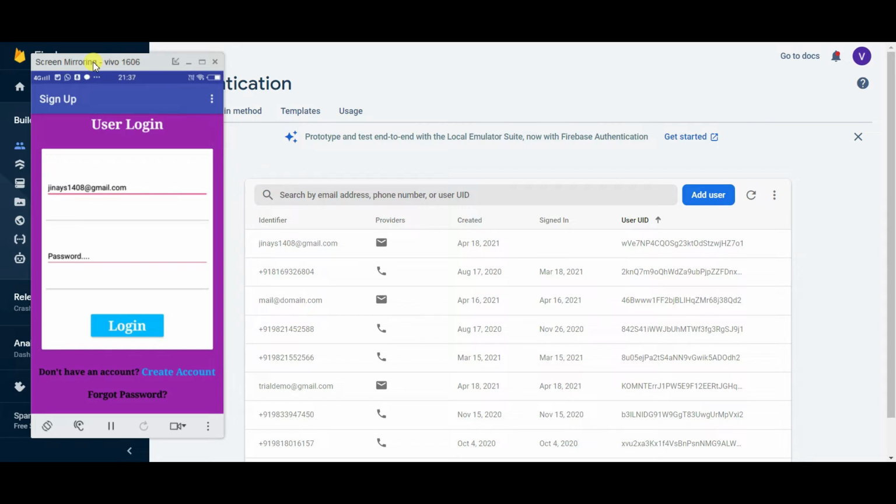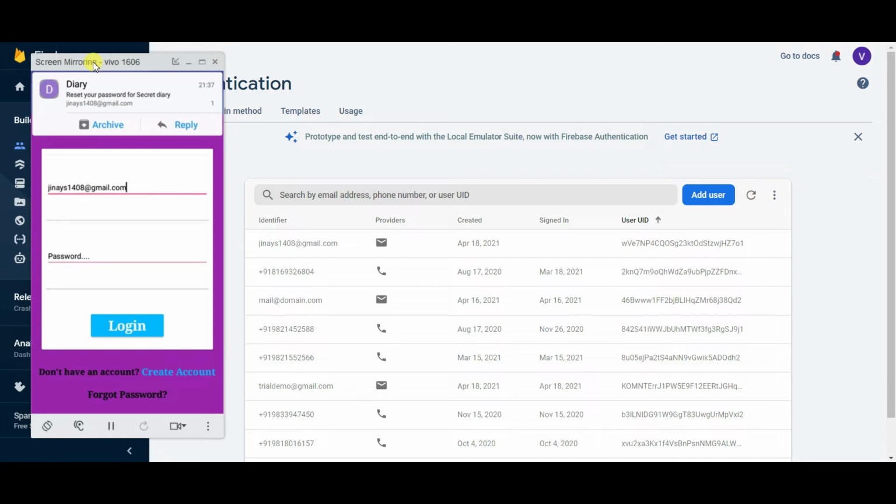Instead of creating a new account, I can simply click on the Forgot Password option and I get a notification saying that the password was reset successfully and that I receive a mail.